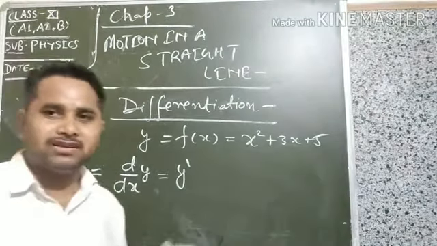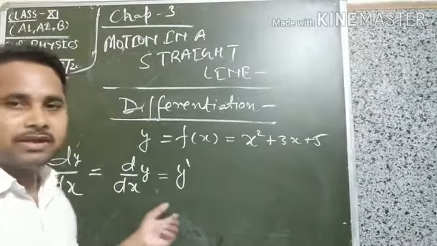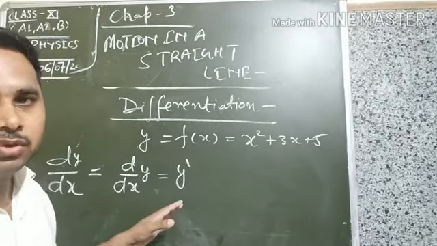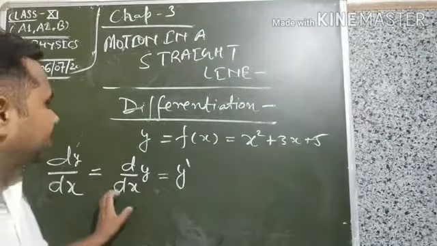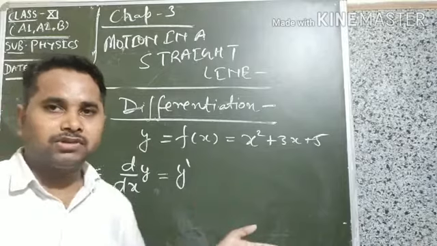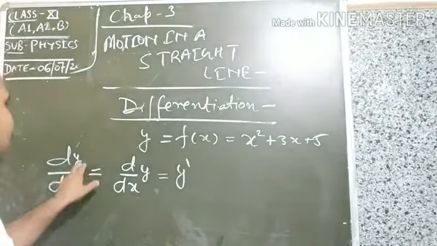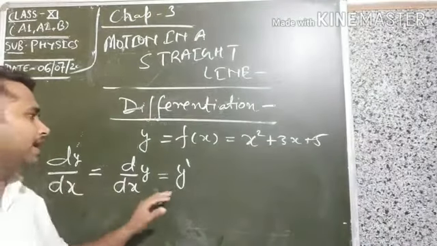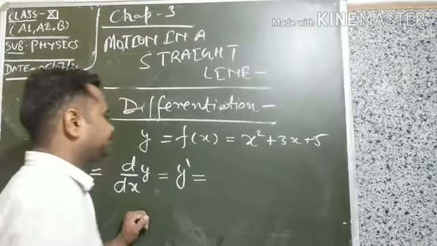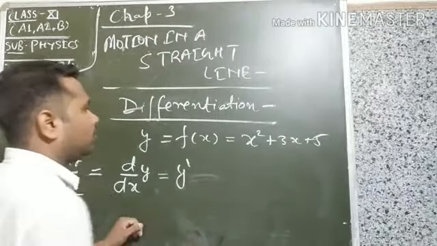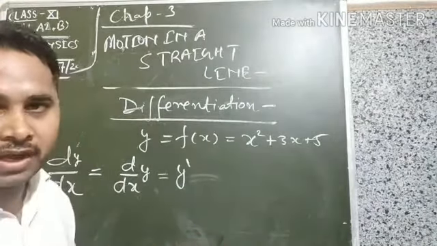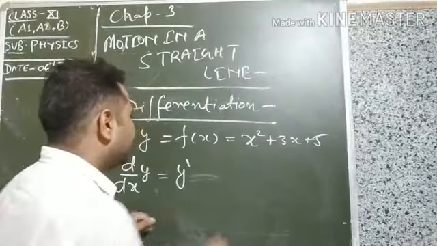But in practice generally we use dy by dx, but it's not the ratio. It is not the ratio of dy and dx. I will tell you what is differentiation. First see here, d dx of y or y dash is called derivative or differentiation of y with respect to x, and it is equal to